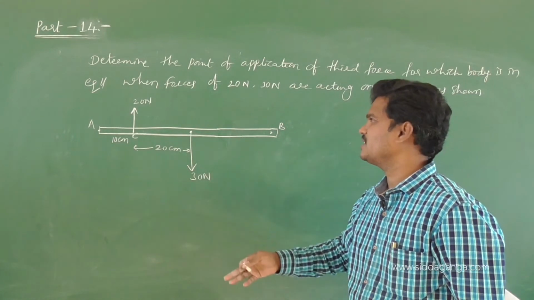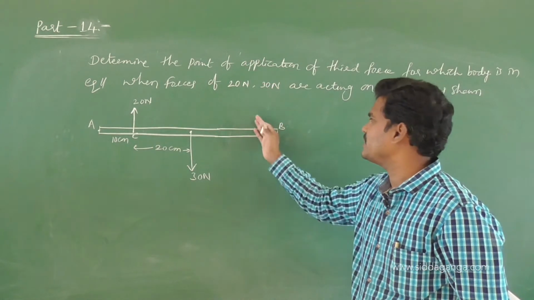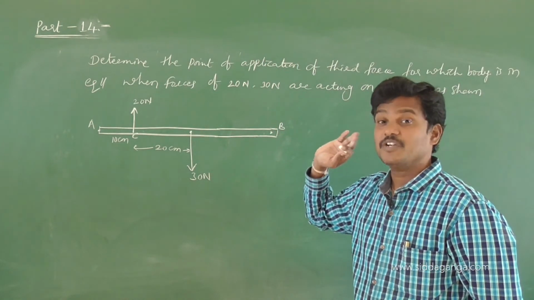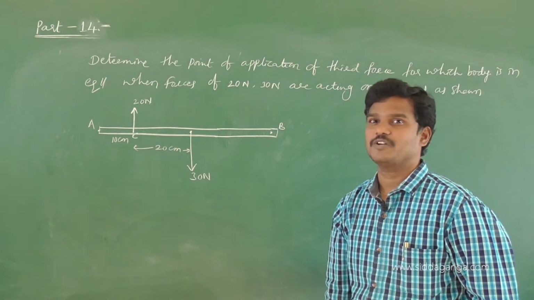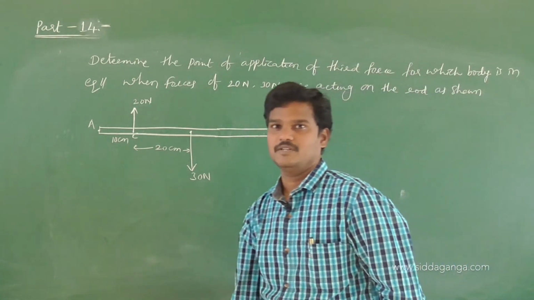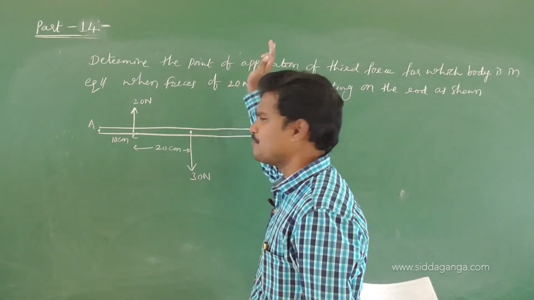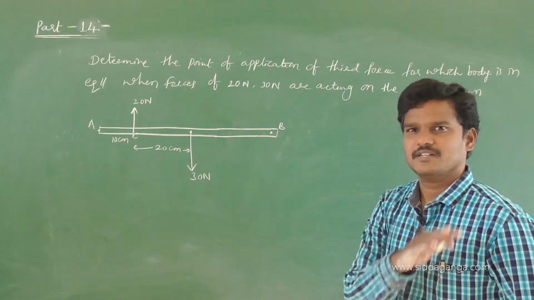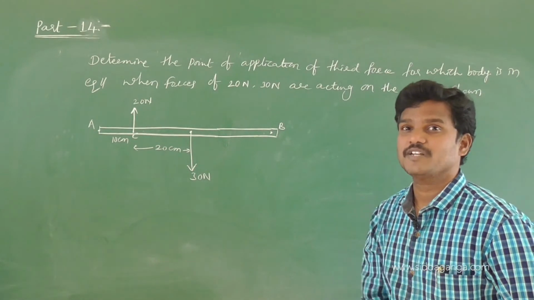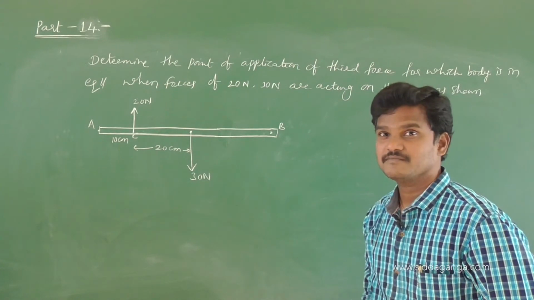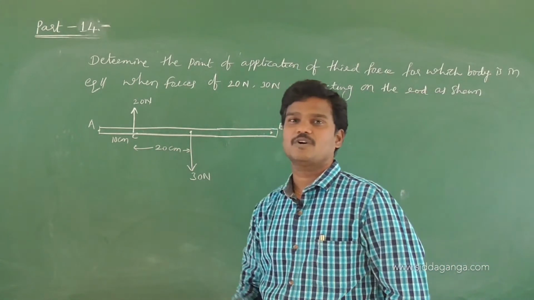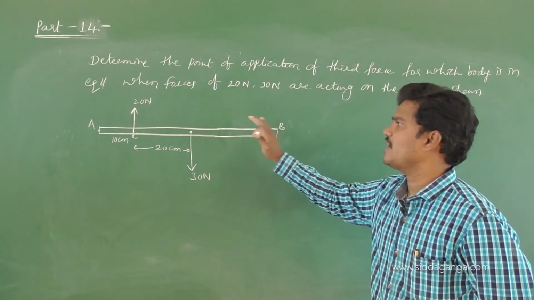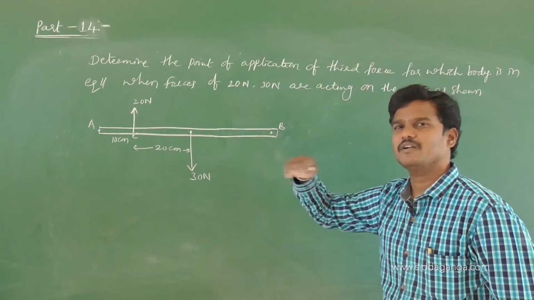Generally we can expect above 20, below 30. If you apply 10 up, it is in translational equilibrium. But where you have to apply? At what place you have to apply so that it is said to be in mechanical equilibrium. We can expect that by applying 10 Newton upwards, the rod is in mechanical equilibrium. Answer completed. But at what place you have to apply? From A, from B if they ask. If they are not asking at what distance, then the answer is clear. Directly we can expect the answer: 10 Newton acts upwards, then this rod is said to be in mechanical equilibrium.